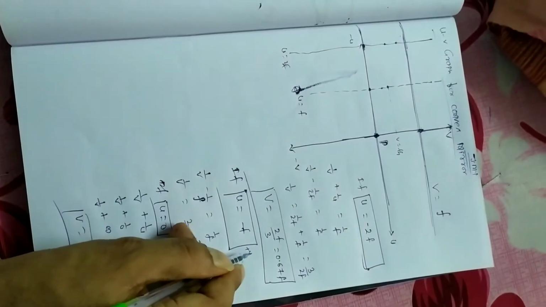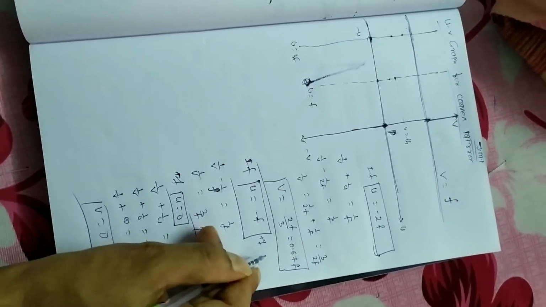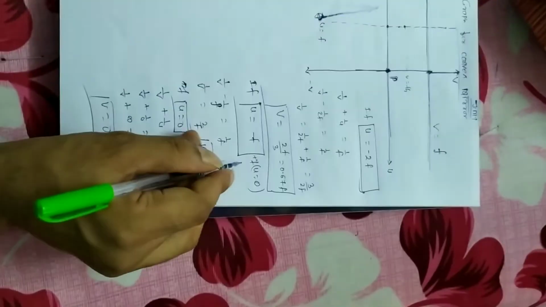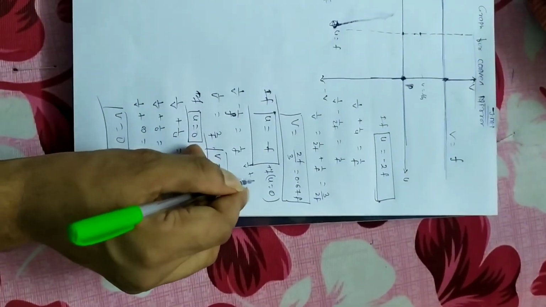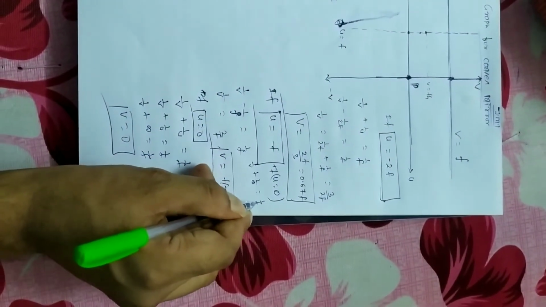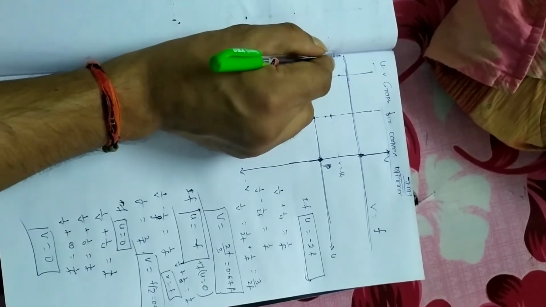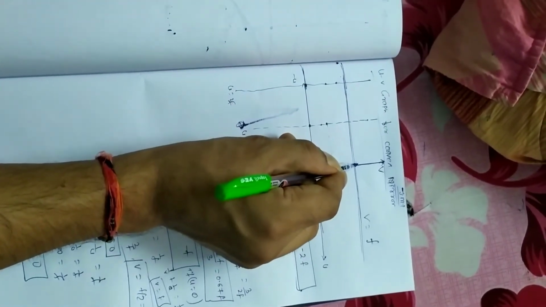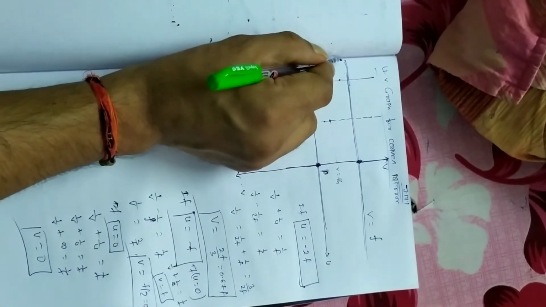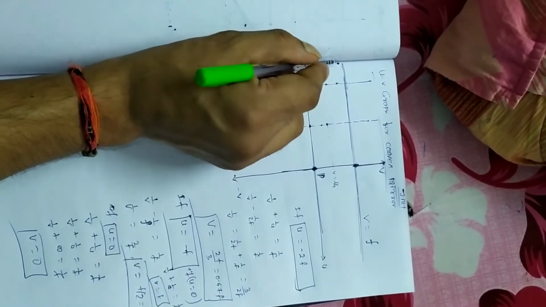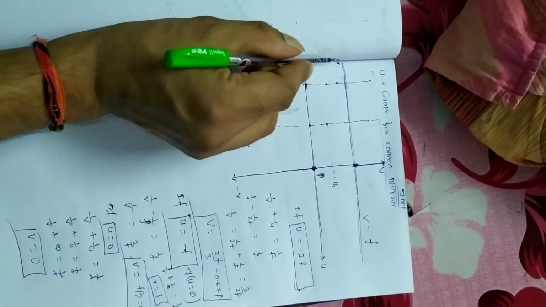If u is equal to infinity, in this case 1 by v plus 1 by infinity is equal to 1 by f. So this becomes 0. So v is equal to f, right? It means when the object is at infinity, the image will be at focus. But this is not possible. The object will never be at infinity, so it will never touch this line. So it will go like this.